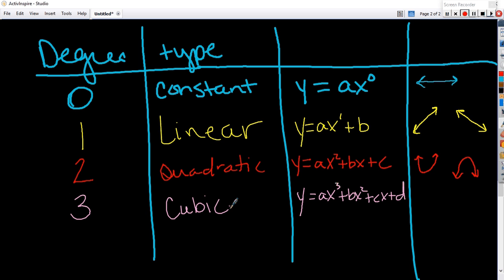So this is called a cubic, and it looks kind of like this, or like this. It can be stretched out, stretched in, or stretched sideways also, but in general, that's our general